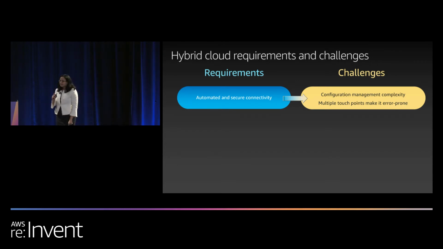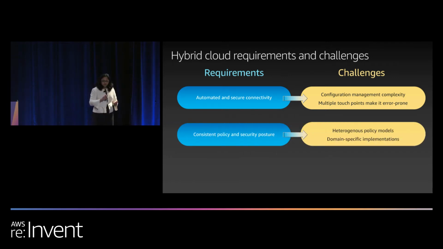And what we see is, for the IT ops teams, there are these business requirements. Because of these business requirements, there are requirements coming up for the IT ops team to start building automated connectivity between your on-prem sites and the cloud sites. Now, this becomes difficult because there are 10 different devices in your on-prem data center, devices at the edge location, and then within the cloud that you have to go and configure. So if you have to do this manually, not only is this going to be error-prone, but there are chances that you will take a longer time to build this interconnect.